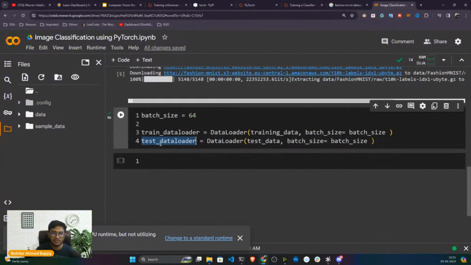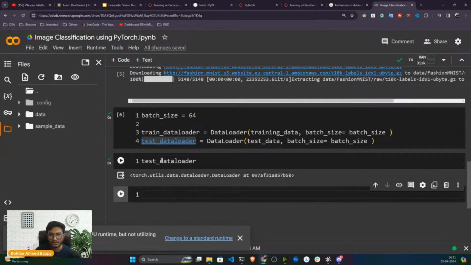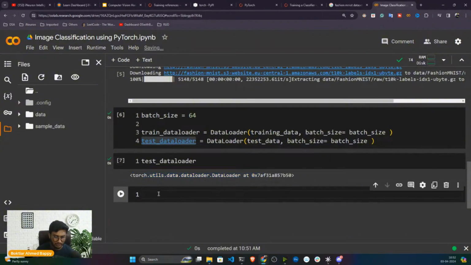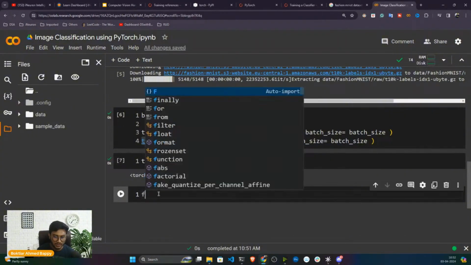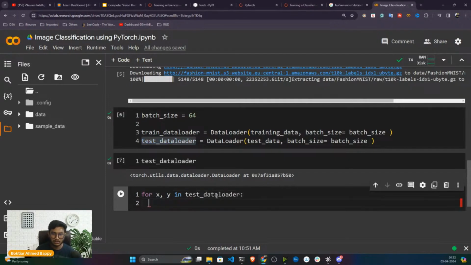If you print this particular object, it's a Torch DataLoader object. You can't see the data. If you want to see the data, you have to write a for loop and iterate through this data loader, then you will be able to see the data. So for, let's say, it will give you two things, x and y, in test_data_loader. Now if I print my x and y,